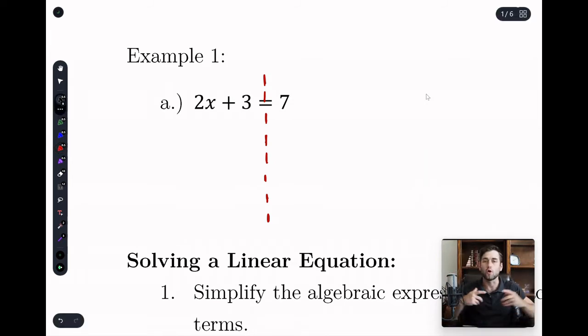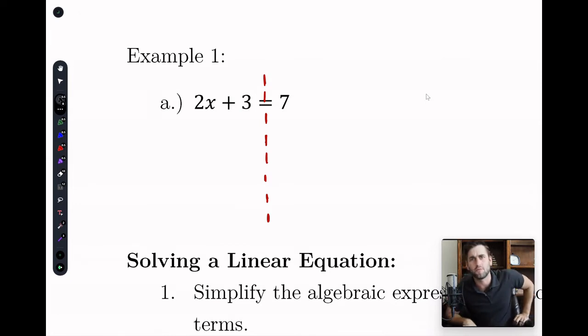So what's our goal in all of this? Our goal is to get x by itself, whether it's the simplest problem like this one or a super long and difficult problem like we might see later. Our goal is always the same, get x by itself. So what's keeping x from being by itself? I see a 2, I see a positive 3, I see a 7, but the 7's kind of doing all right over there. So we got to ask ourselves, well, which one's the easiest to get rid of? Or which one's the least complex thing that's happening to the x?